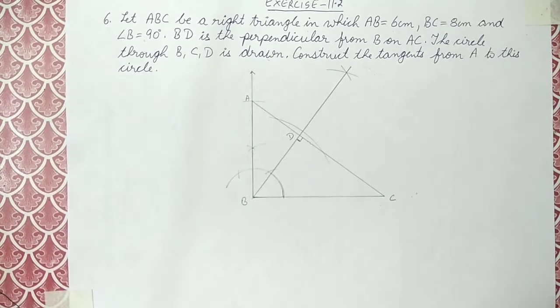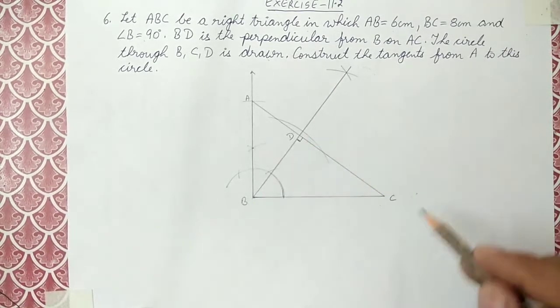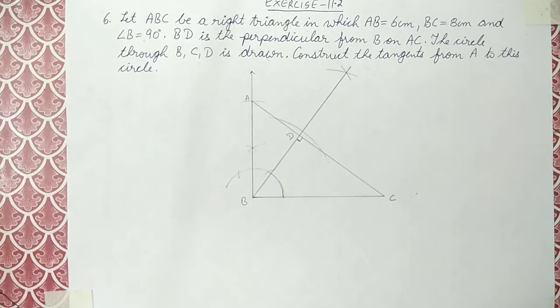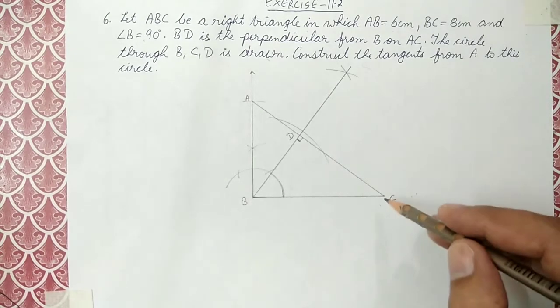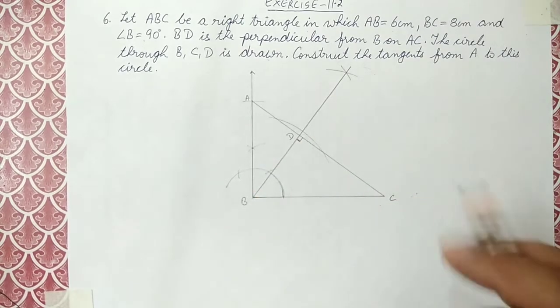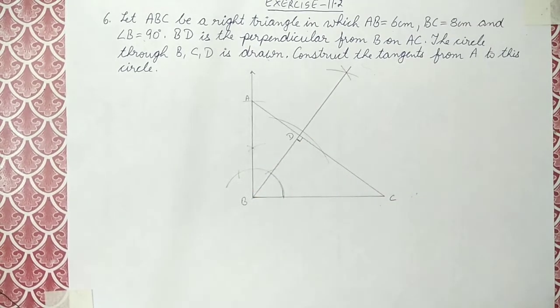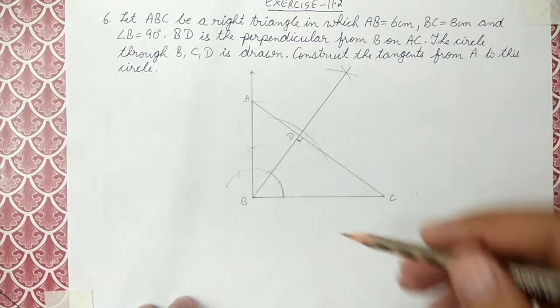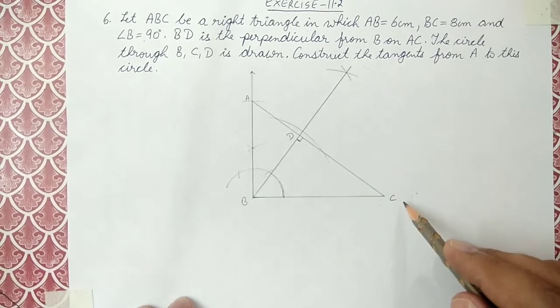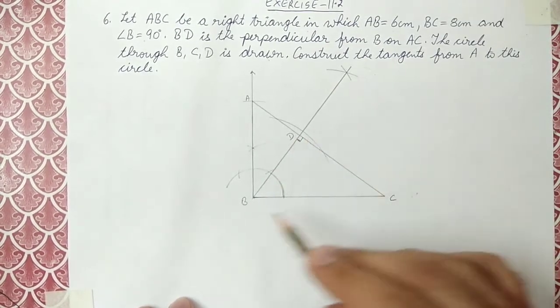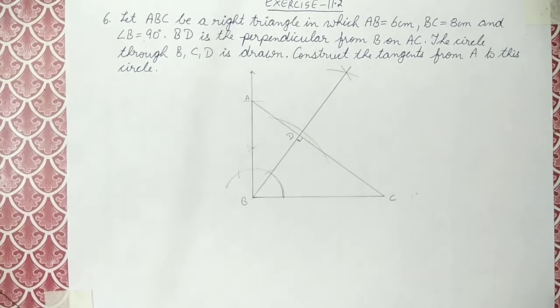Now the next step is I have to draw a circle which is passing through the points B, C and D. See, now if you see carefully, this BCD is basically a right angle triangle, or it is a triangle. Any circle which passes through the corners is called the circumcircle. Now, to draw the circumcircle for a triangle, we take perpendicular bisectors of any 2 sides. So you can take the perpendicular bisector of BC and CD, or BD and CD, or BC and BD. It's your choice. So let's draw the perpendicular bisector of BC and CD.